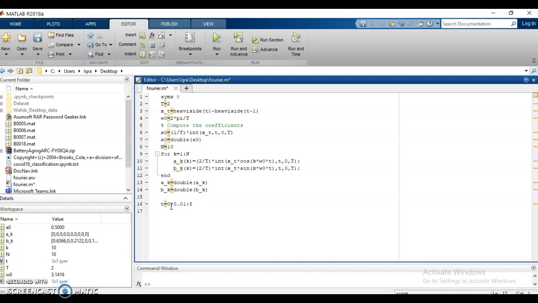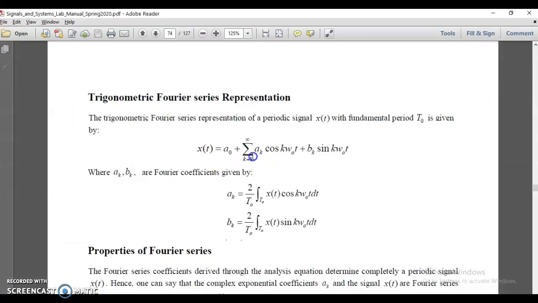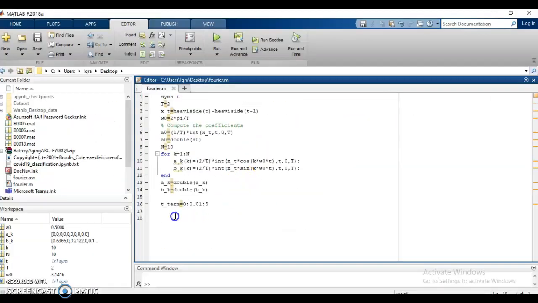You can define it for any particular value. Okay, so let's name it t term, because t is the symbolic variable that we are already using. So for the harmonic terms we can use t term as a variable. And because we have the terms as a summation, we will need a for loop to run through in order to compute these values as well. And let's run the for loop by taking an indexing through small n from 1 to capital N.